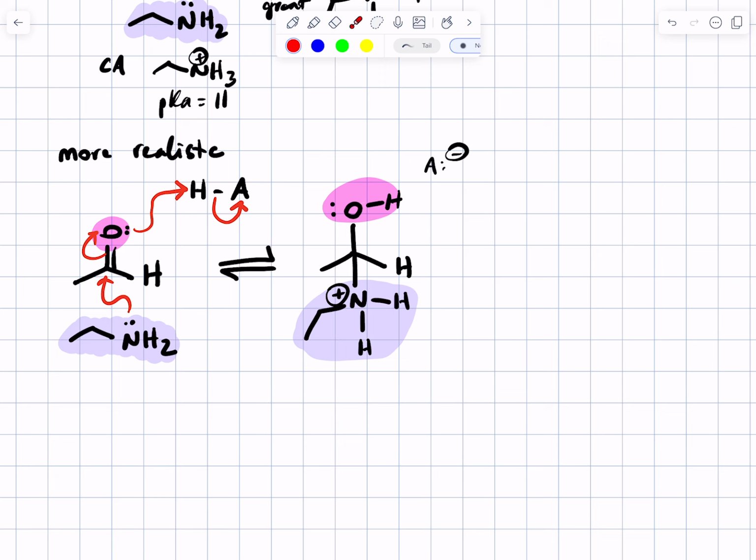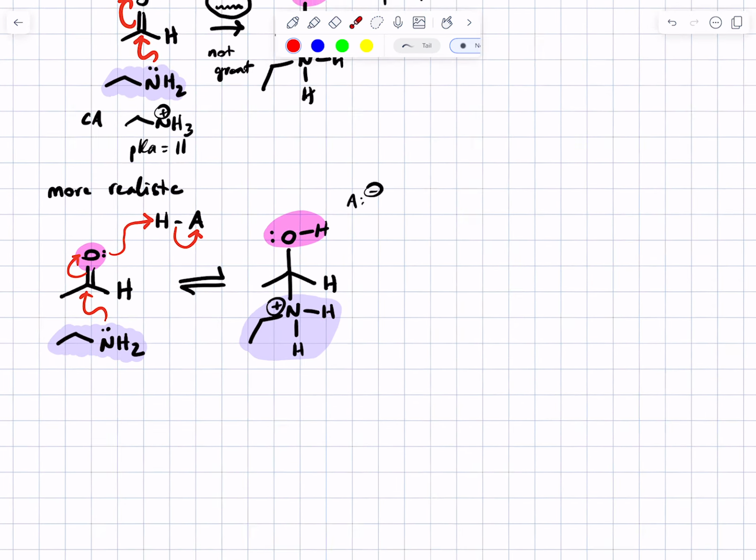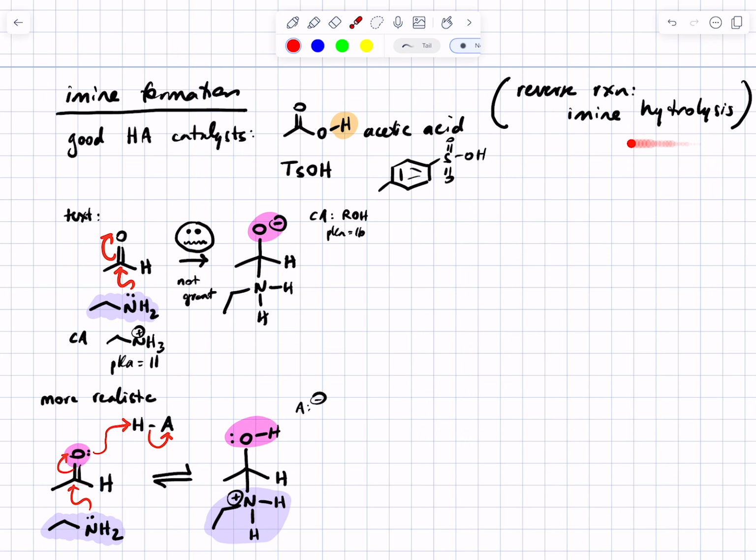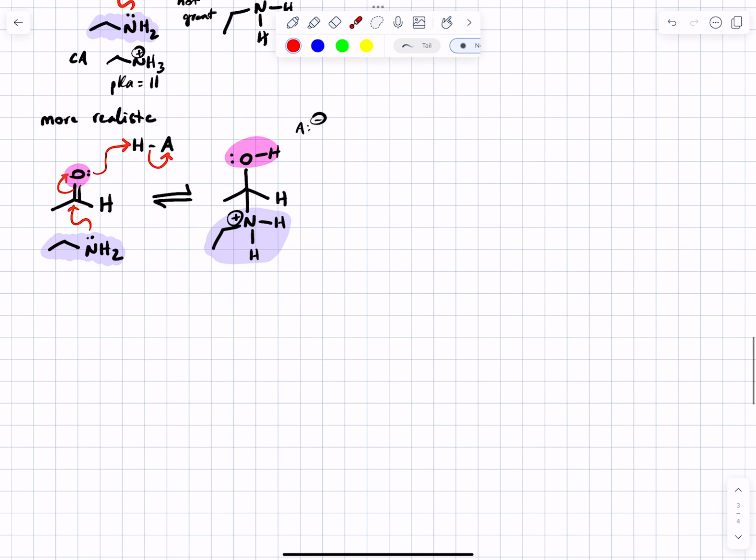Students are generally uncomfortable with that when they first encounter reversible reactions, because all you want to know is, what do I do on a test? And when there's multiple things that are true or reasonable, you're like, what if those are both options and I'm supposed to pick between them? Don't worry about that. Right now, our goal is to get a feel for what's going on in these reactions, and I will actually draw for you the reverse mechanism of this reaction as well, because that's what I told you is the new reaction, imine hydrolysis. Okay, instead of doing that,